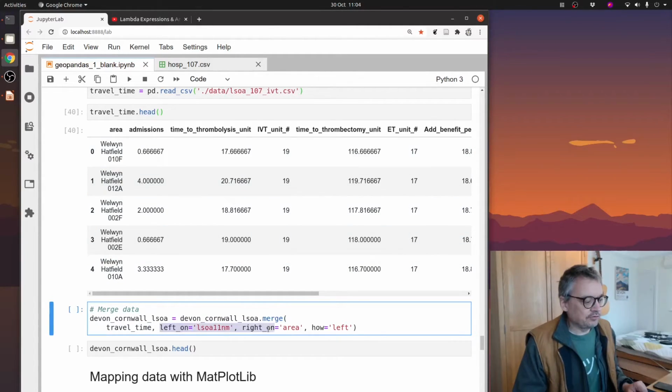And those familiar with databases, this will all seem very familiar. Our linking field from our left, which is original, was called LSOA 11 name. That's our LSOA name. Our right one that we're merging from, the same field is actually called something different. The LSOA name here is called area. So right on area. So this is giving it which columns to link. How equals left means just keep those rows that are in Devon and Cornwall LSOA. So we're going to do that,